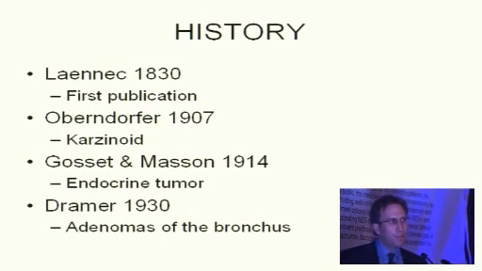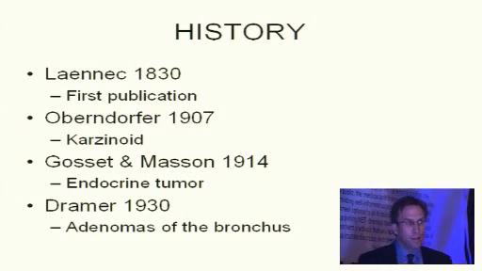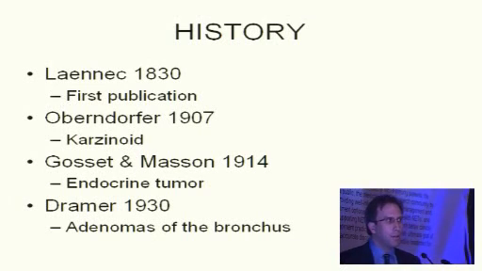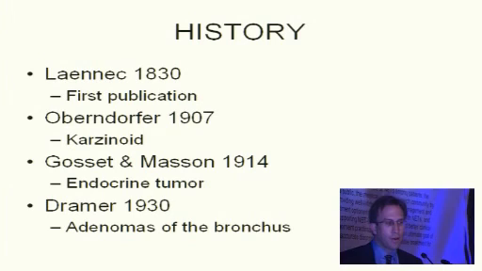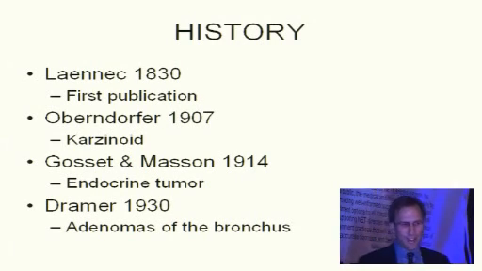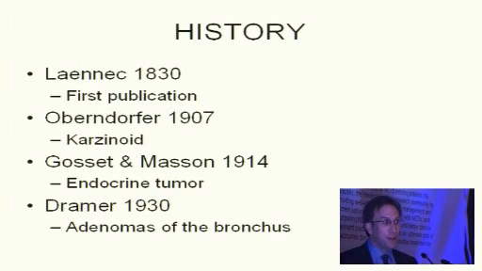So I always like to present a bit of history. The first one to describe a neuroendocrine tumor of the lung, a carcinoid tumor, was Laennec in 1830. And later on, about 100 years ago, a German pathologist, Oberndorfer, was the first to describe the term carcinoid, a tumor like a cancer. So at this time started the controversy about whether the carcinoid tumor is a true cancer or